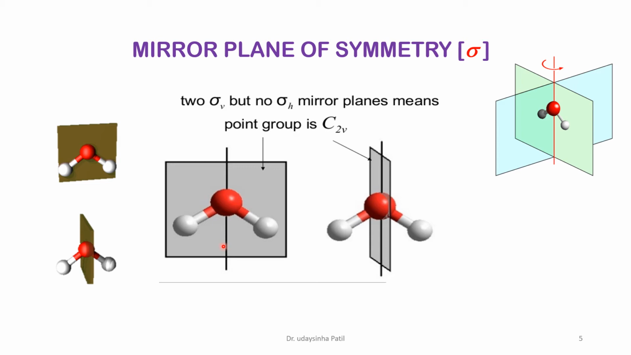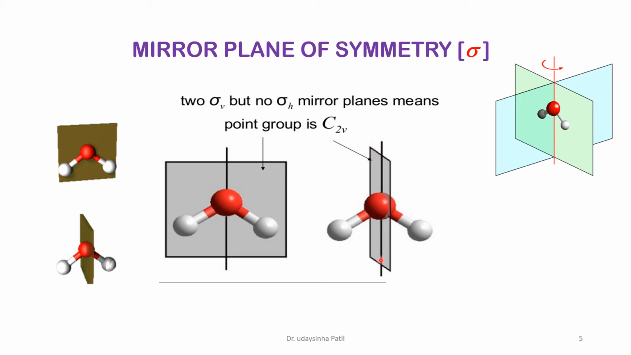Now, we have to consider whether the imaginary plane which bisects the molecule into two equal parts is parallel to the principal axis or perpendicular to the principal axis. Here, this is our C2 axis. This is our plane which bisects the molecule into two equal parts, half in the left side, half in the right side. One H is on the left side, one H on the right side, and it is exactly parallel to